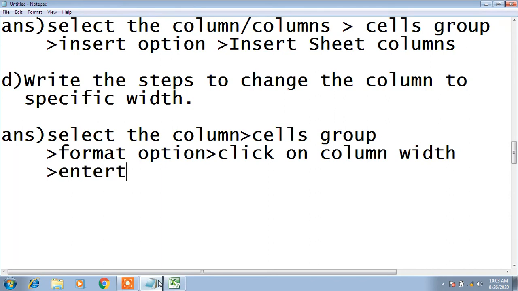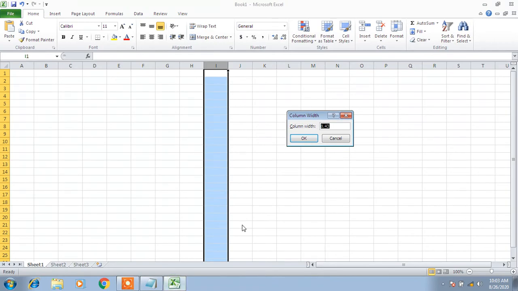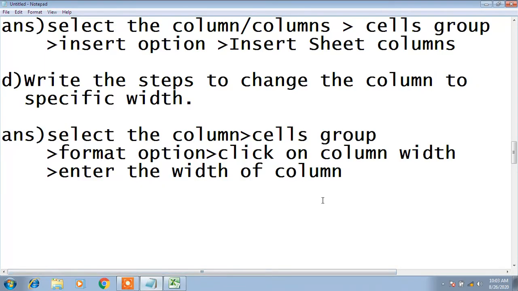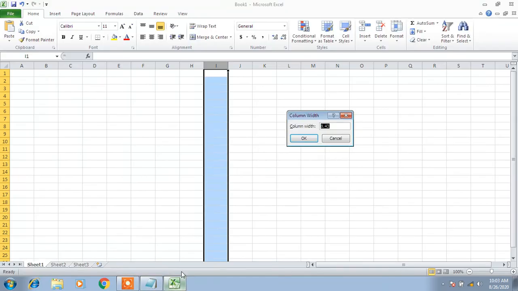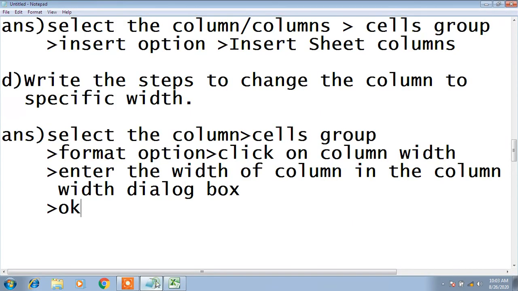Enter the width of column in the column width dialog box. After that, click OK.